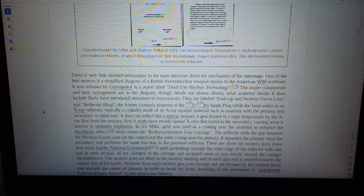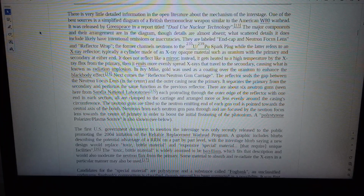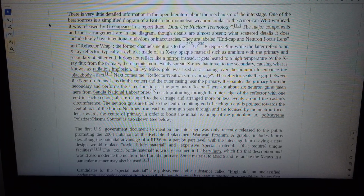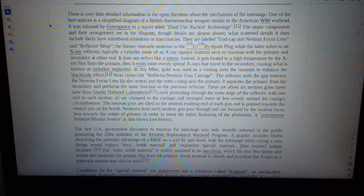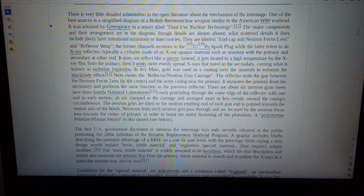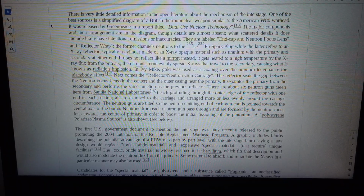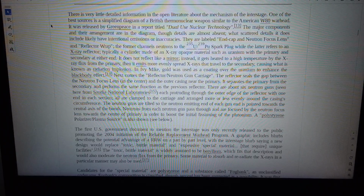One of the best sources is a simplified diagram of a British thermonuclear weapon similar to the American W-80 warhead. It was released by Greenpeace in a report titled Dual-Use Nuclear Technology. 13. The major components and their arrangement are in the diagram, though details are almost absent. What scattered details it does include likely have intentional omissions or inaccuracies. They are labeled end cap and neutron focus lens and reflector wrap. The former channels neutrons to the